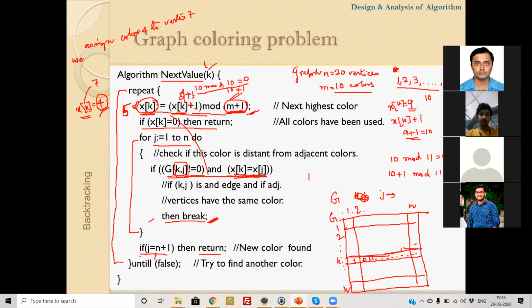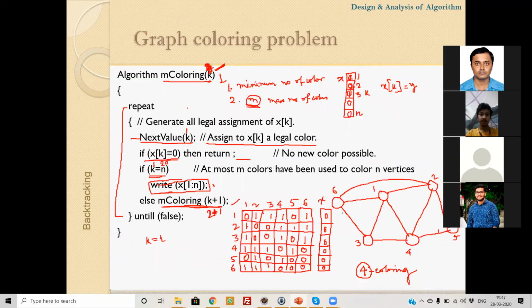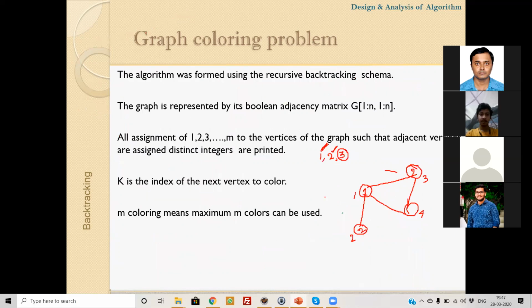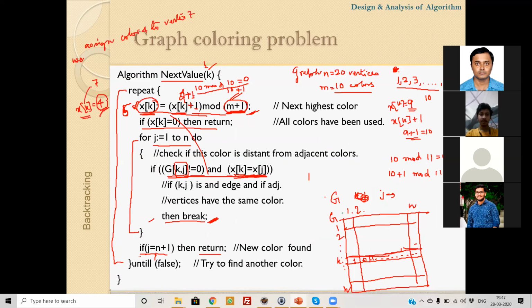What is the current value of xk? x1 is 0, since in this solution all the values are initialized to 0. Now we will compute xk plus 1, so 0 plus 1, which means 1.